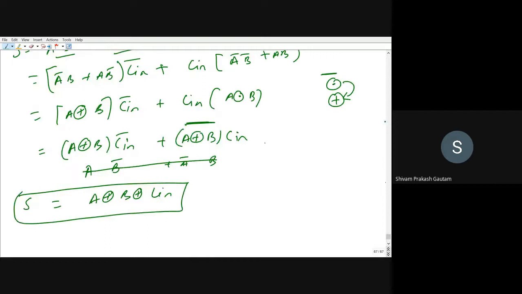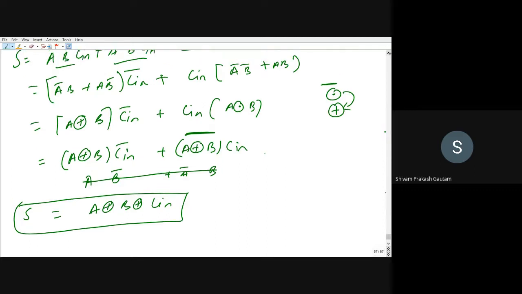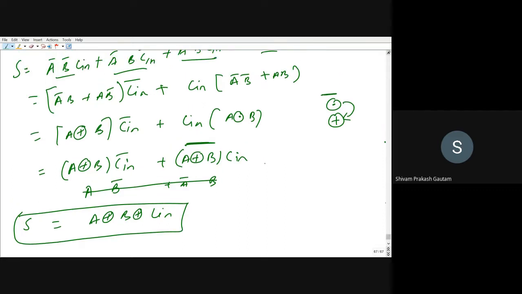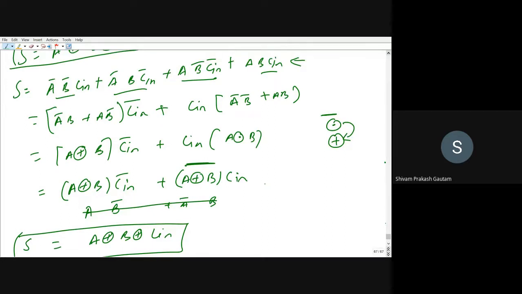So this we have to implement using logic gates. Carry will also be there. We will shortly see carry. Just tell me, any doubt in these expressions? Just check. Sir, the second line from the last. Second line from the last, that means this. Yes, sir. Okay, so you see this is AB bar. So I have written AB bar, C bar. There is no doubt in this, correct?